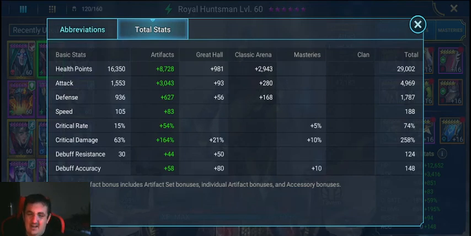Not really. It would probably help in the waves a little bit, and I should try and get more, but I want to get as much damage out of him as possible. Like I probably should try and go accuracy. So he's 188 speed,